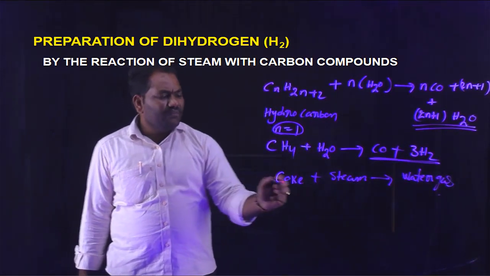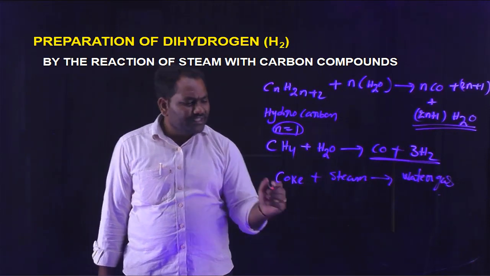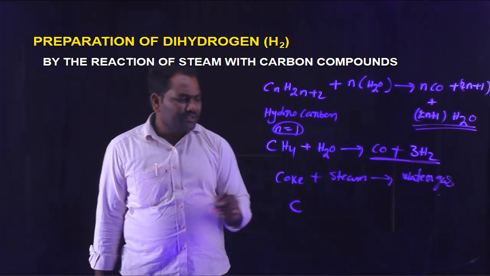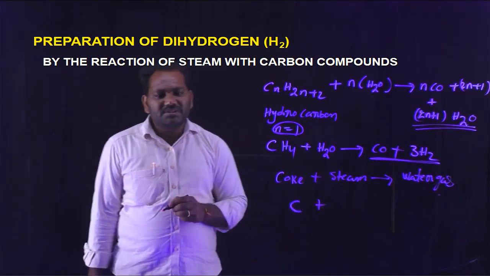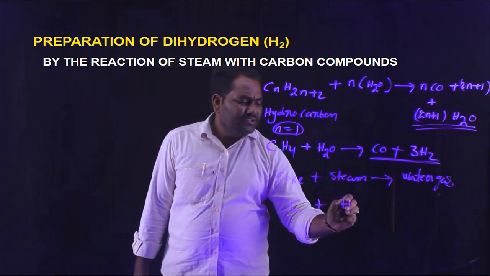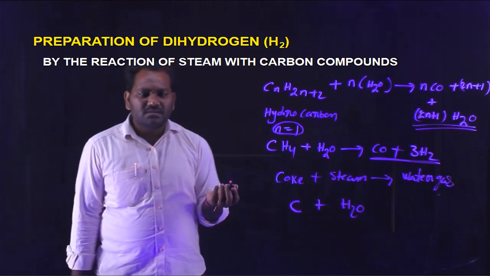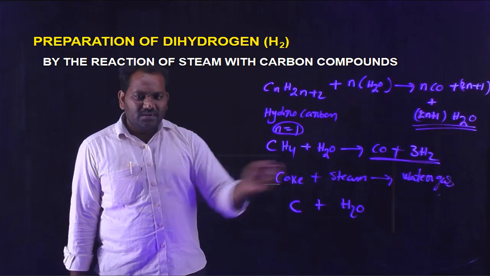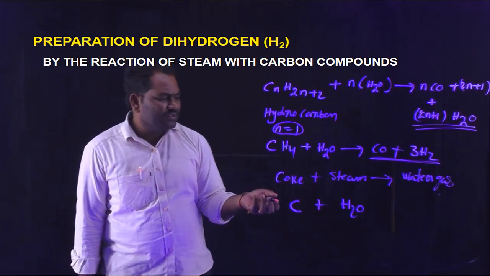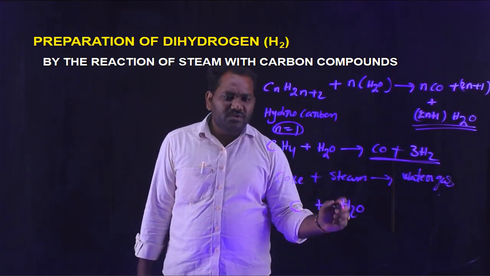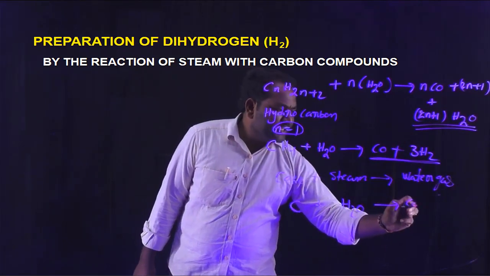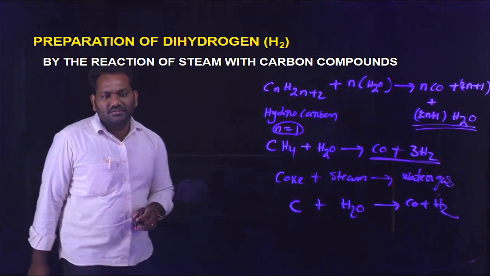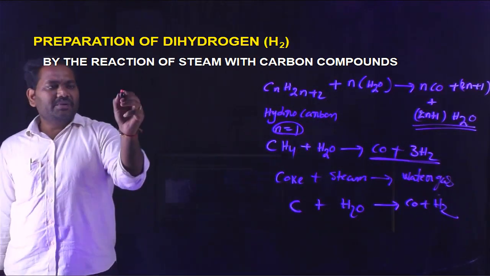The chemical composition of coke is nothing but carbon. The chemical composition of steam is also nothing but H2O. Steam is obtained from the water. It is a gaseous state of H2O. So C plus H2O gives rise to CO plus H2. Finally, we can conclude that the mixture of